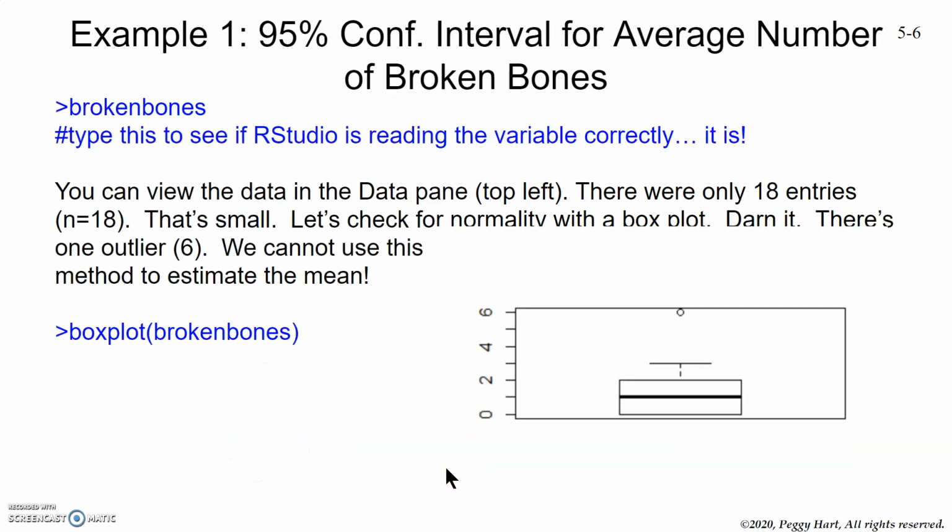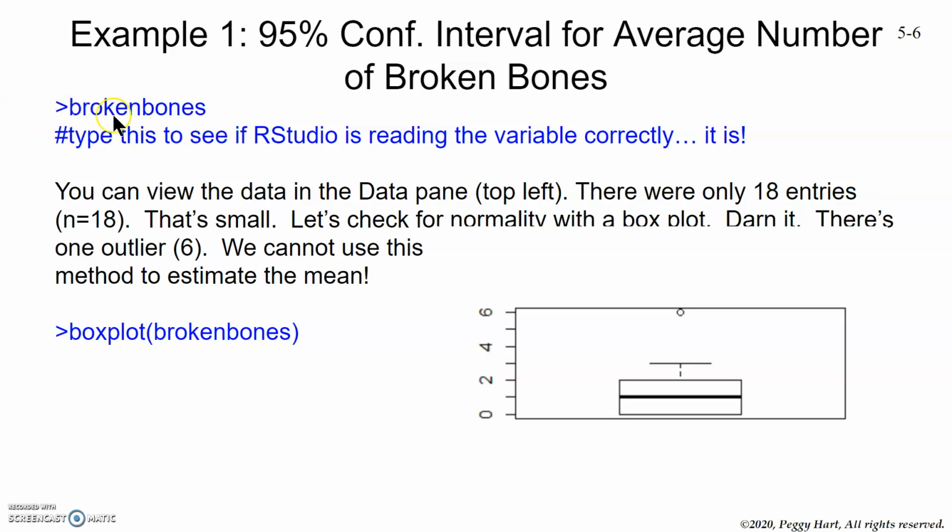All right, so I'm going to assume that you have that uploaded. If not, pause the video and go do that. In this example, we're going to get a 95% confidence interval for the average number of broken bones in that 2020 class. By the way, a lot of times in RStudio, I'll just type